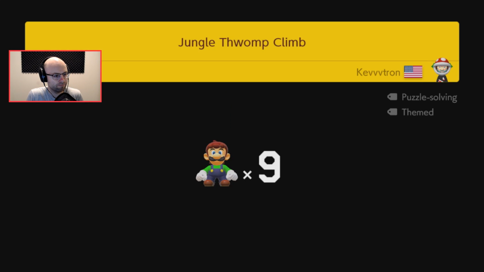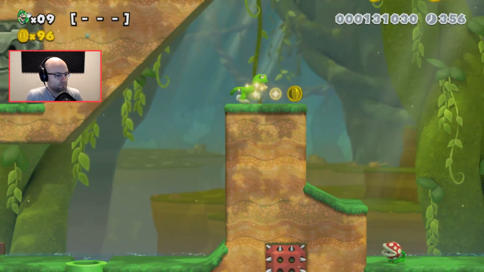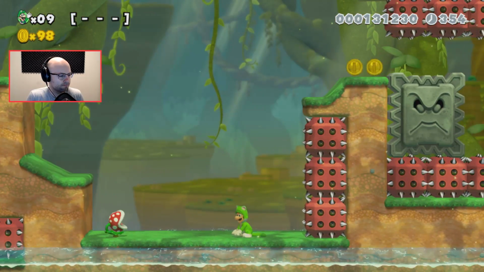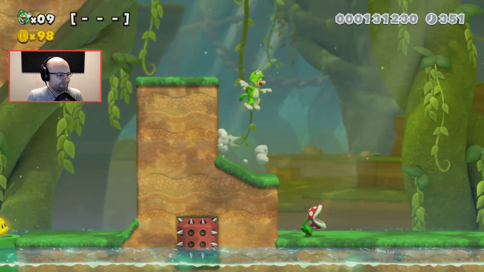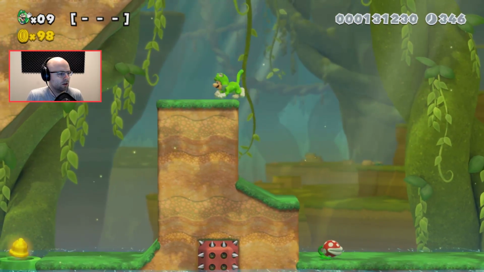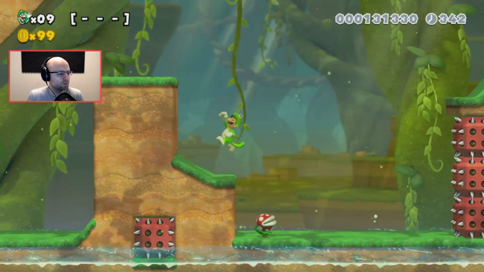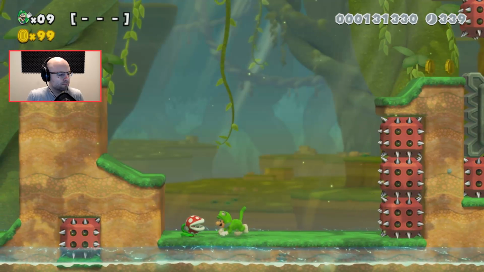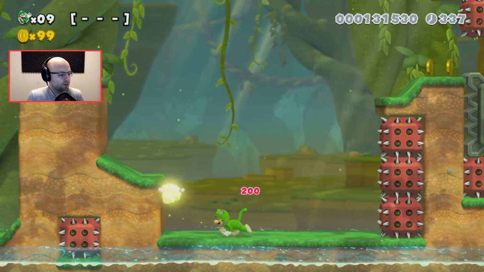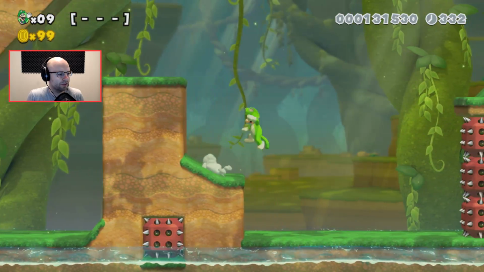Jungle Thwomp Climb. A lot of 2D, 3Ds. All right, America. Jungle Thwomp Climb. We're climbing. Can cat crawl on Spike? I'm going to assume Spike will hurt. Careful. Careful. There's the other thing is we can obviously...